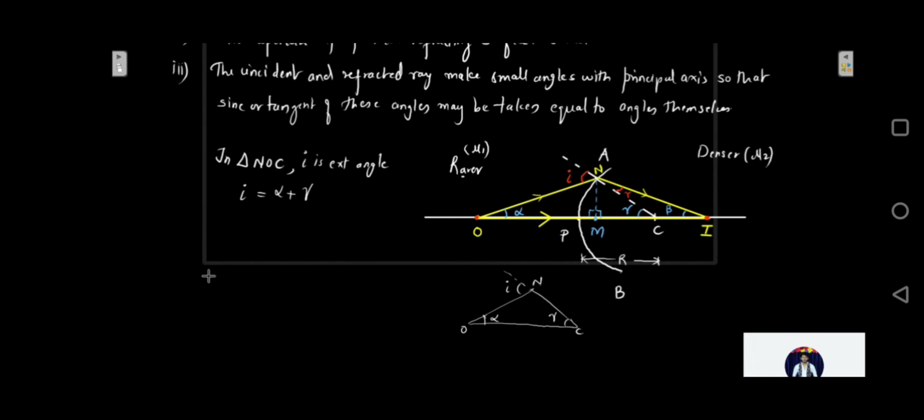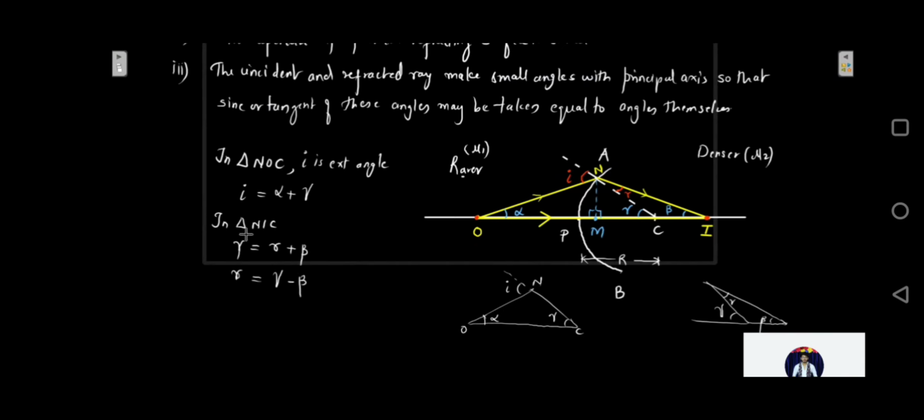Now I will consider the next triangle, that is NIC. If you see the triangle NIC, this small triangle over here which is formed, this angle gamma becomes the exterior angle. Over here I have the angle of refraction, that is the angle between the normal and the refracted ray, and this is angle beta over here. So here also if I apply the exterior angle property in triangle NIC, I get gamma is equal to R plus beta. So from here, the angle of refraction R will be gamma minus beta.